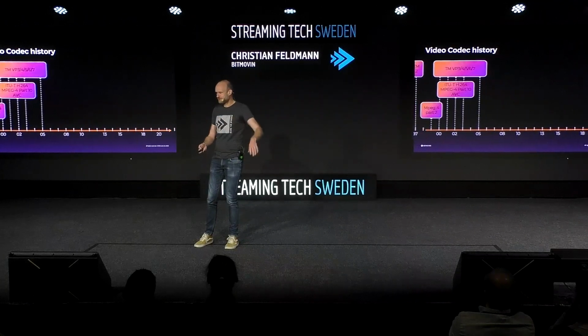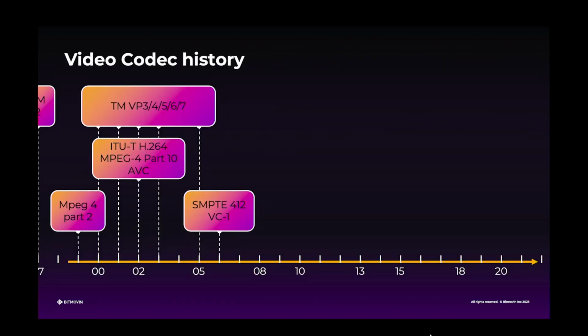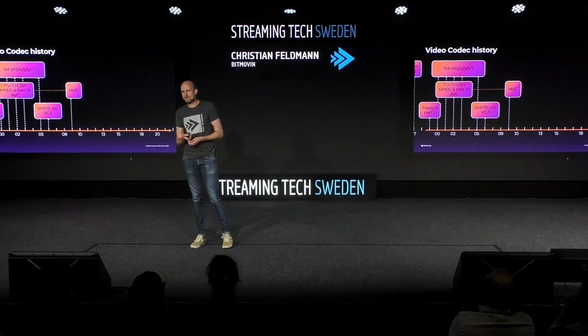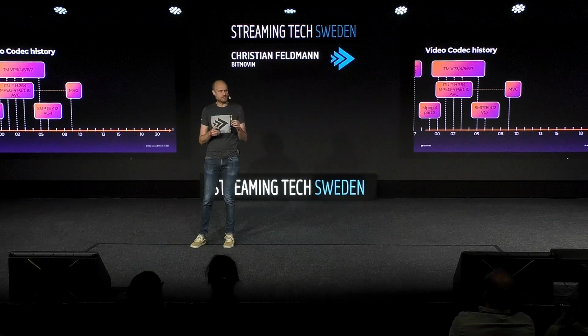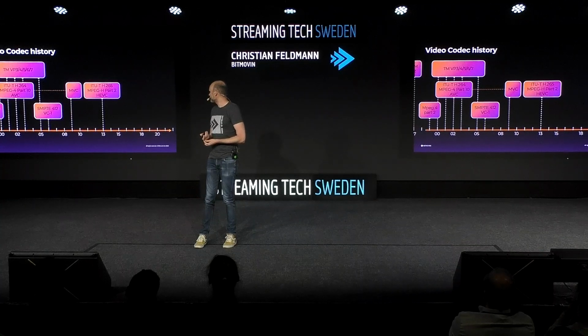Now we have to move the whole timeline a little bit because it's still going. SMPTE, another standardization organization, also did some standardization on video codecs. VC-1, that came from the Windows Media line of codecs, was also a codec used on some Blu-rays and stuff, not that widely available. Some extensions to existing codecs were also released. For example, multi-view video coding for H.264, that is for stereoscopic video, right? So this is used on 3D Blu-rays. After that, there was the next big hit, HEVC, right? Again, the joint organizations, ITU and MPEG.